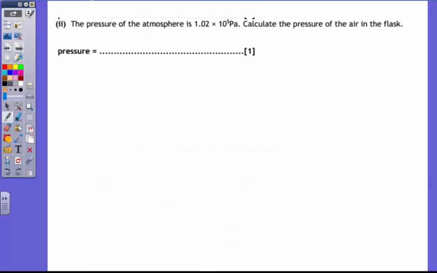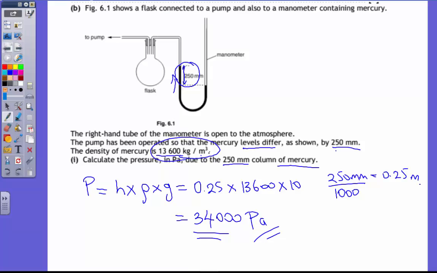The pressure of the atmosphere is 1.02 times 10 to the power 5 Pascal. Calculate the pressure of the air in the flask. At this point, we should look at the manometer. The atmospheric pressure acts from here, and we need the pressure of the air in the flask. And we know that the atmospheric pressure is greater than the air pressure. How to understand that? Because the mercury is going to this level,